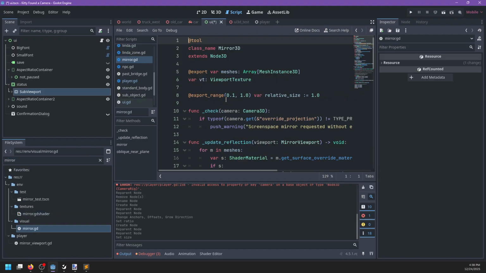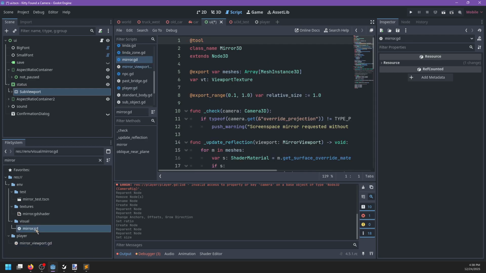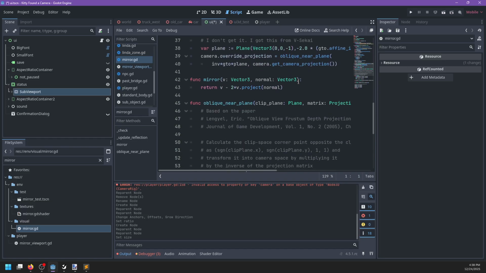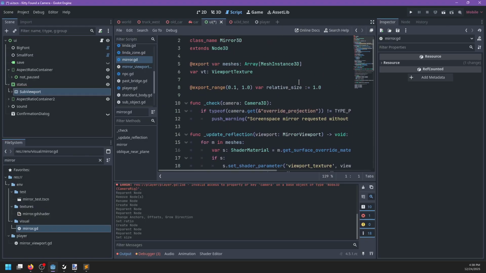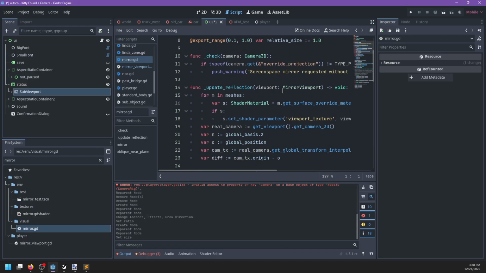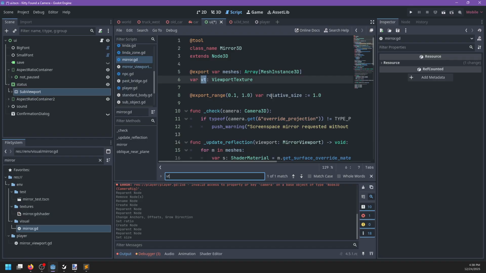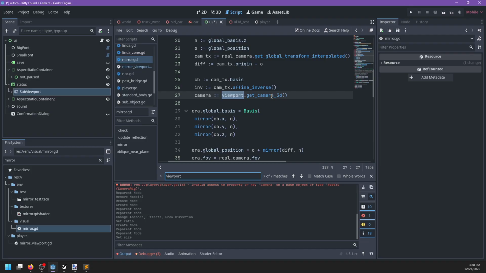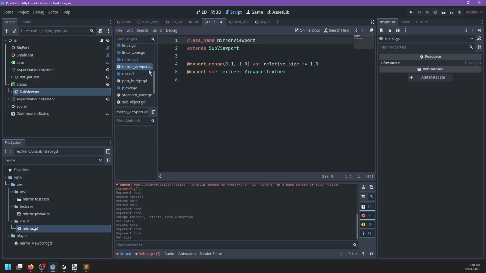Don't I do that with my mirror viewport? What do I do with a mirror viewport that's different? Yeah,